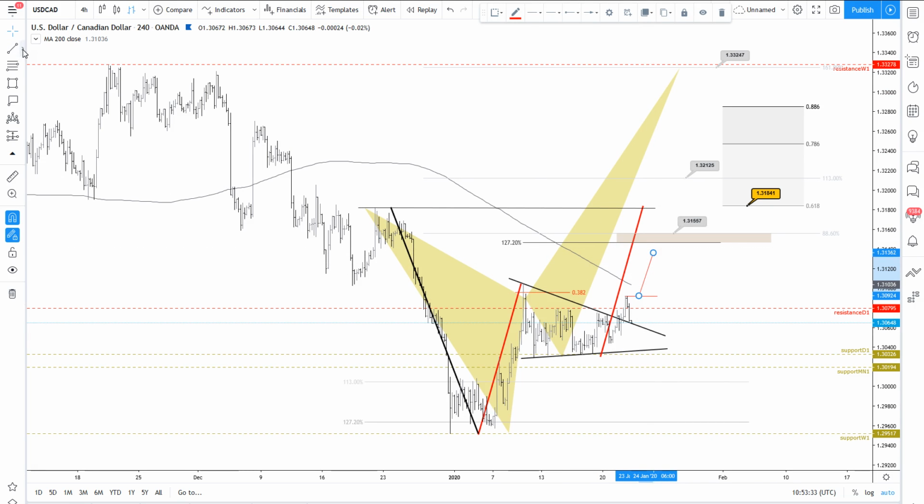Do not ignore that we're still trading a clear bearish momentum. We have the 200 moving average also giving you some signs there. So we're still inside a bearish momentum, and this looks like a corrective swing after